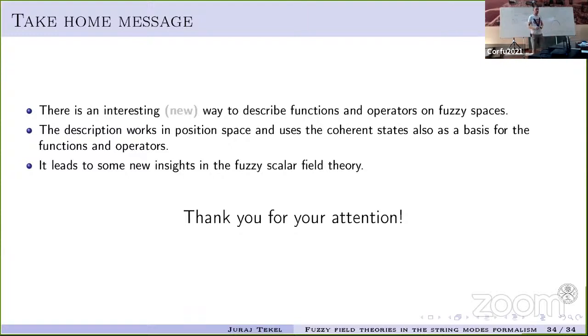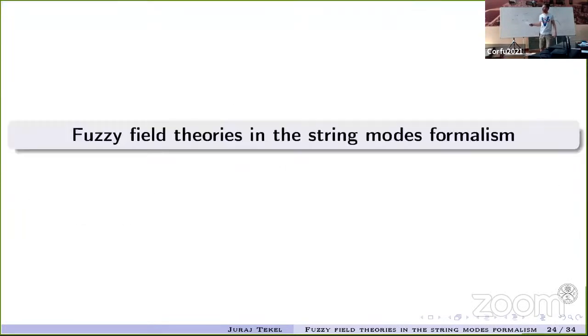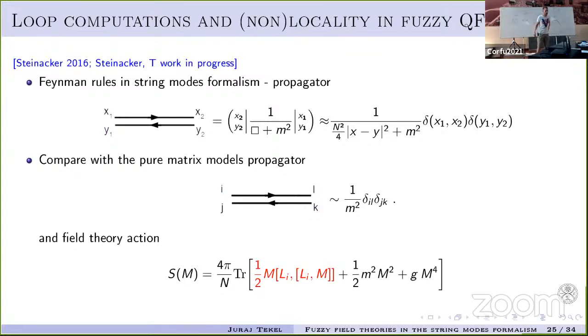I'm just trying to understand the interpretation of the propagator that you showed. If you could go back to the transparency where it was written. Yes, this one. So how do I interpret that quantity? The delta functions tell me x1 must be x2, y1 must be y2. So do I interpret it as propagation in the vertical direction or the horizontal direction? Oh, no, in the horizontal direction.